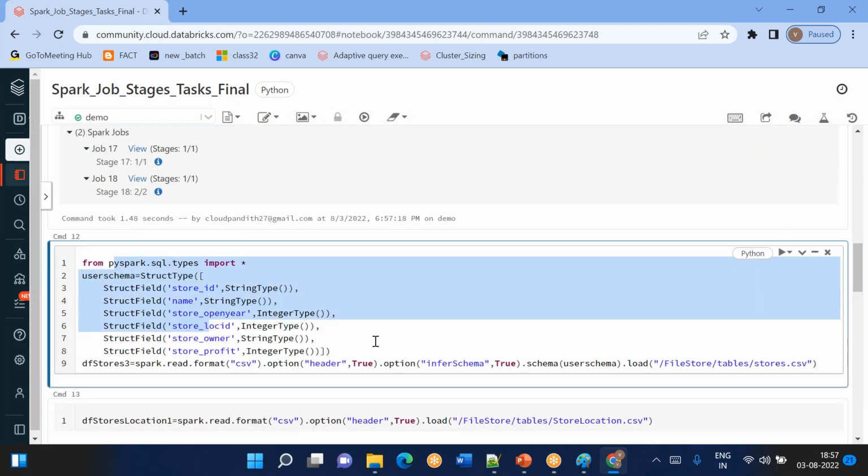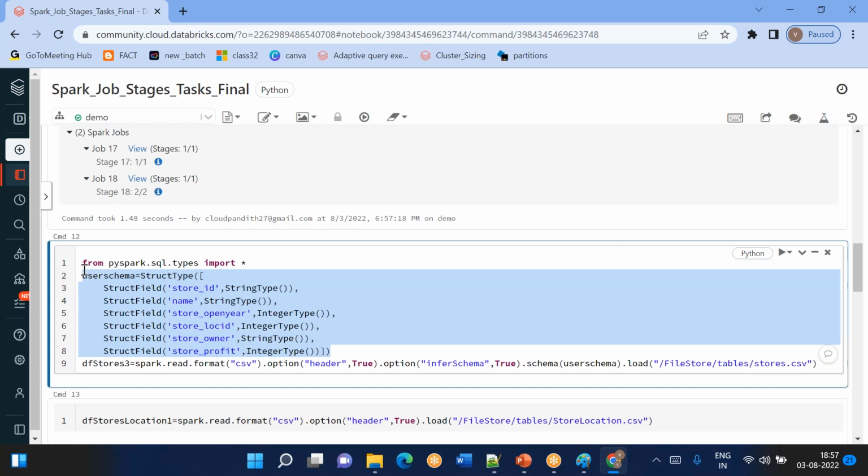Here, what is this? What is this called? Schema, user defined schema. Very good. User defined schema. Why will we provide a user defined schema? For strict data types. Anything else? If we want to explicitly mention any data type we want. Okay, strict data types explicitly. If you want to mention anything else,